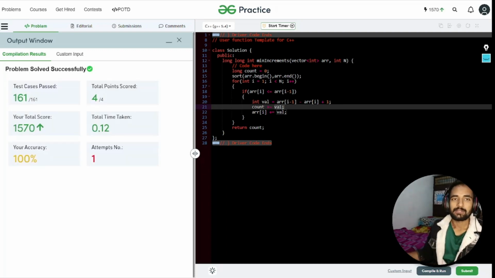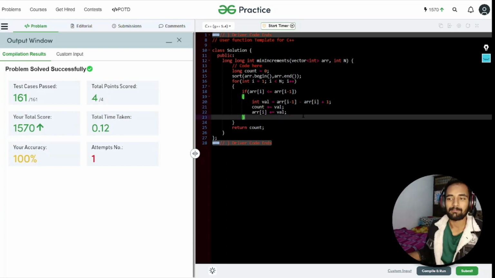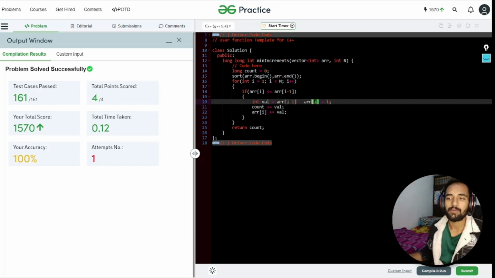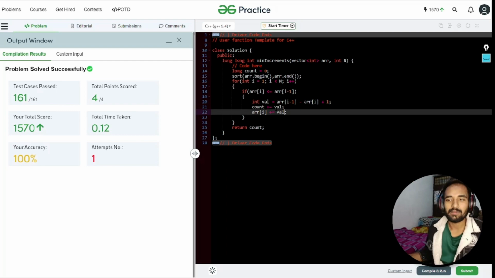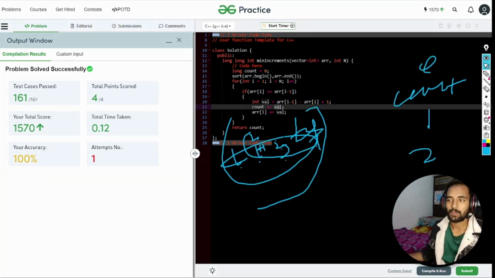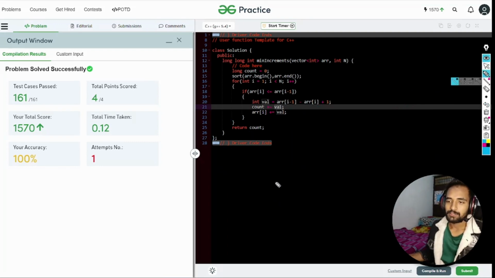Okay, let me tell you, this code is actually a bit of an optimization of the previous approach that I told you. We are not incrementing again and again; we just increment by the value that is present over there. Whatever the value is present over there, we increment the count according to that value. Instead of checking everything, like 1 1 2 3, instead of checking again and again for everyone,